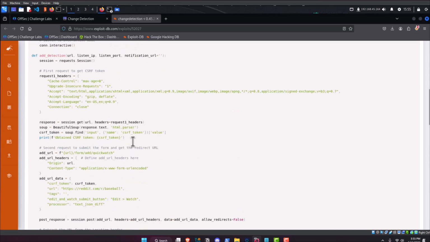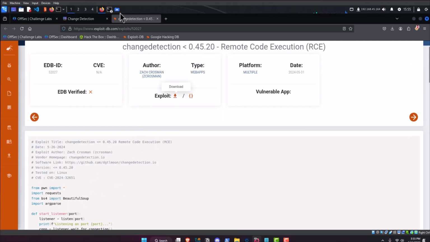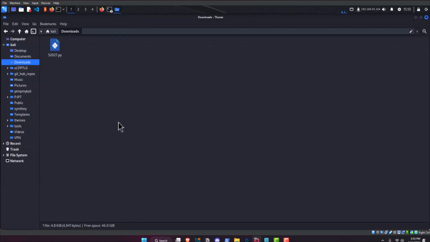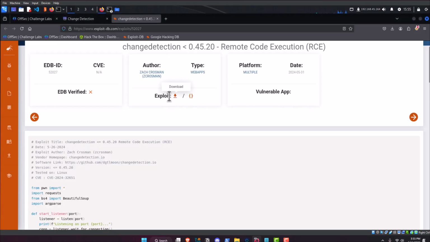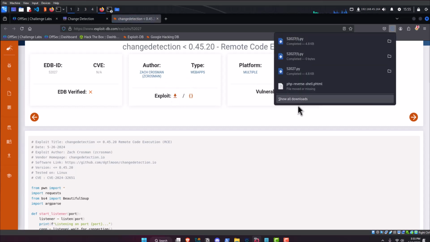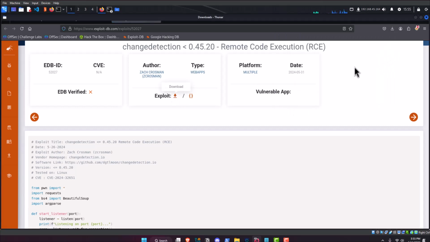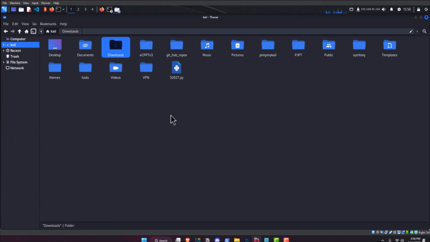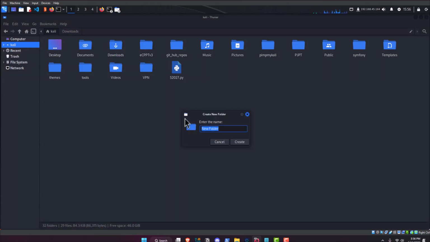So anyway, what you need to do is download the code. I believe I already have a copy that I downloaded. And just in case you need to know how to do that, they give you the button right here. You just click download, and you can see now I have 2 copies. So that's how you download it. What we're going to do is drag this over to my Kali folder, and then I'm going to create a new folder,